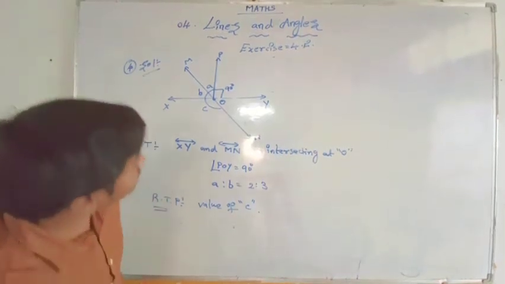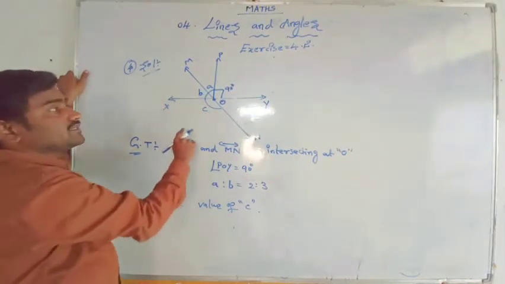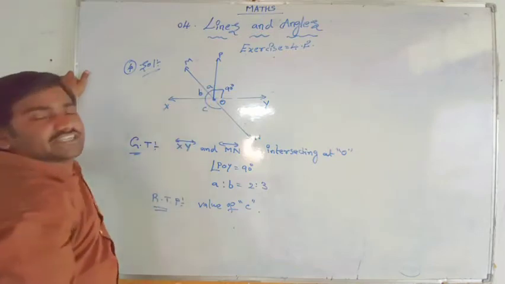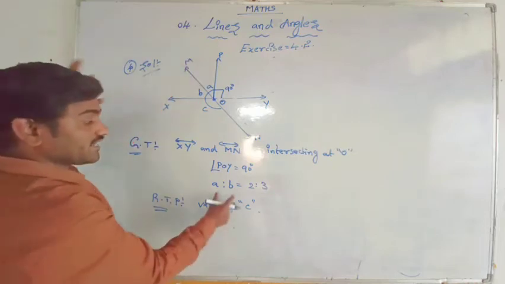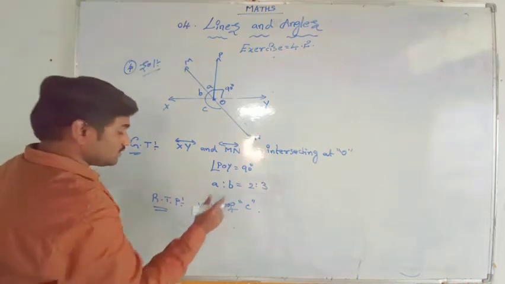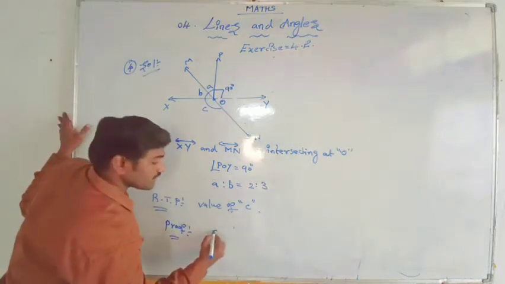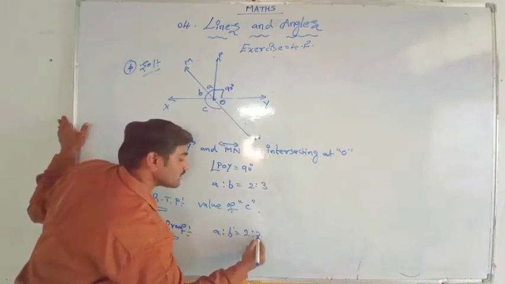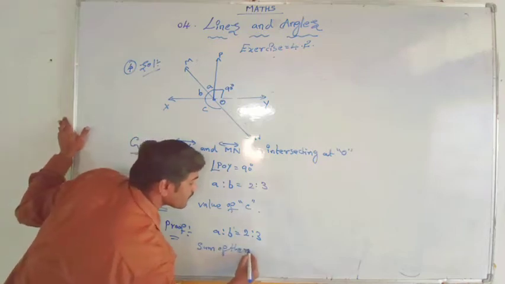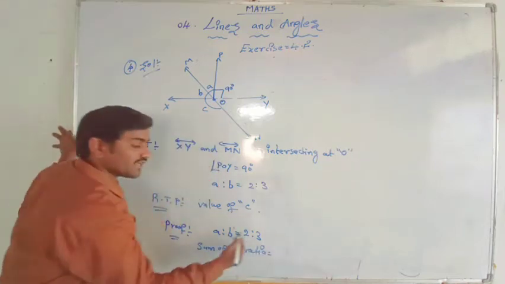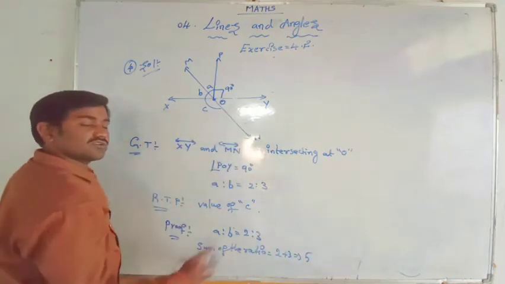So here let's come to that. If you know the B value, we can find out C, because A plus B we know is 90 degrees. Here the ratio of A to B is given. So we find A and B first. They have given the ratio, A is to B equal to 2:3. The sum of the ratio is what actually? If you got a ratio, then find the sum of the ratio. 2 plus 3 equal to 5.